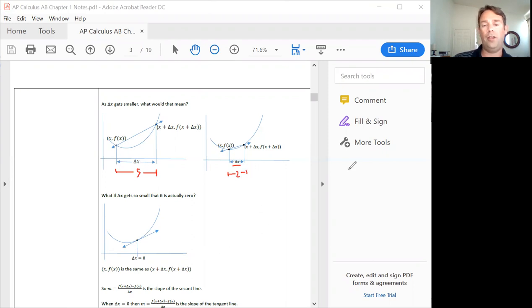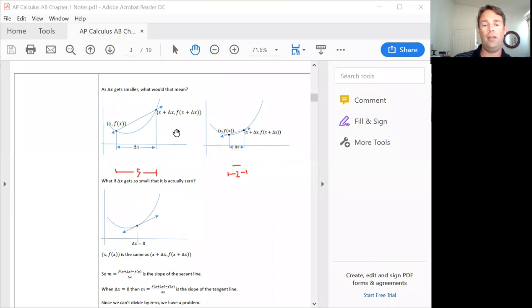And what they ended up saying there is, what if, just for the sake of argument, we let this distance keep getting closer and closer together, so eventually the 2 points are no longer 2 points. Those 2 points essentially lie on top of each other. And if those 2 points were lying on top of each other, then the distance between them would be 0. In other words, our slope